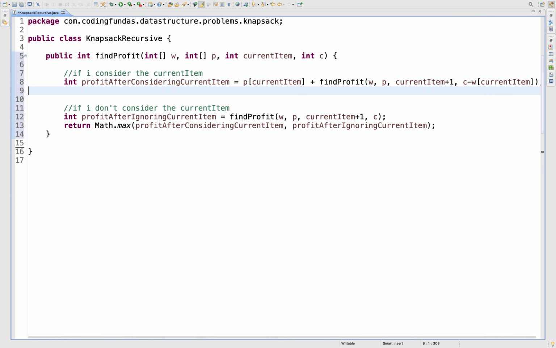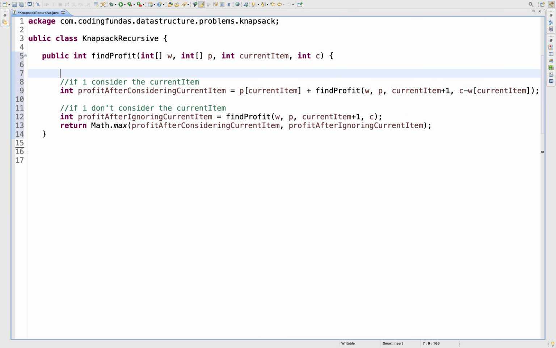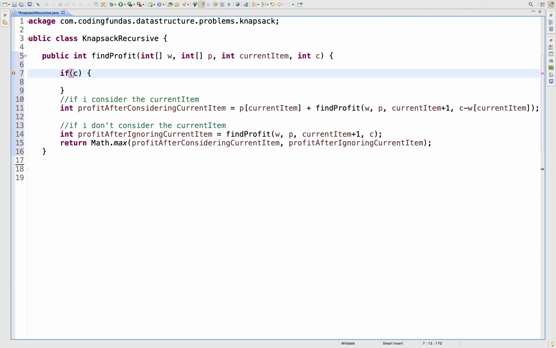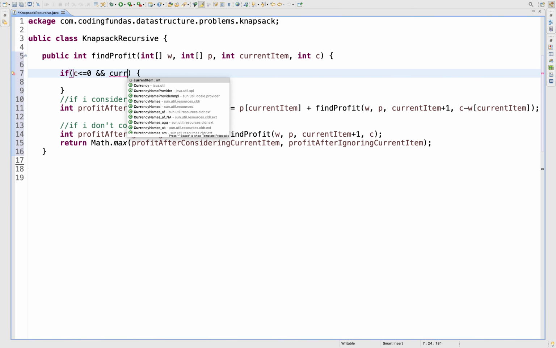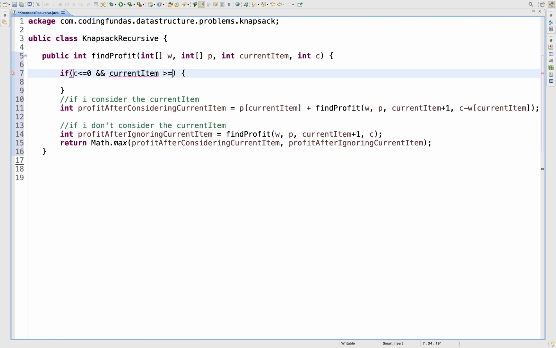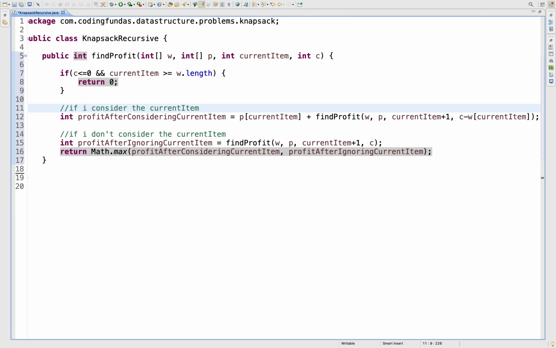Now we'll see the base case. So the base case would be, if our capacity C is less than or equal to 0, and our current item is greater than or equal to the length of the array, the length of the available items, we'll return 0, correct?